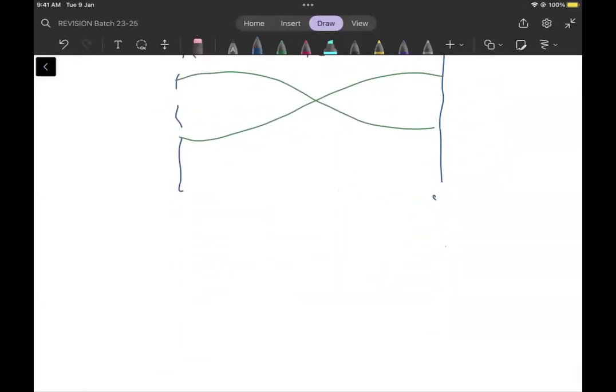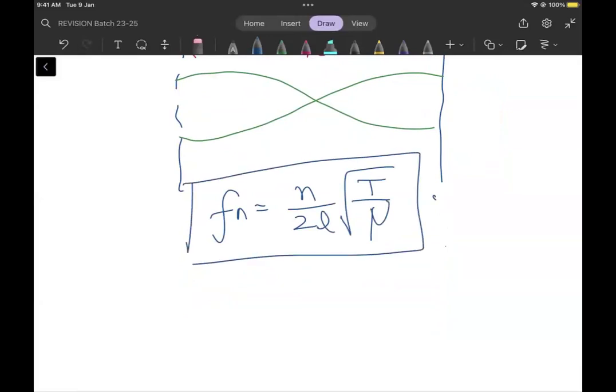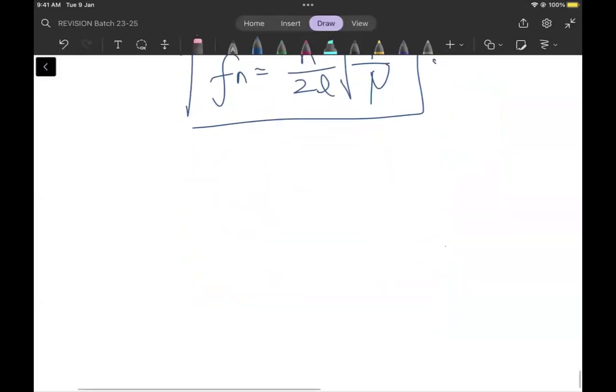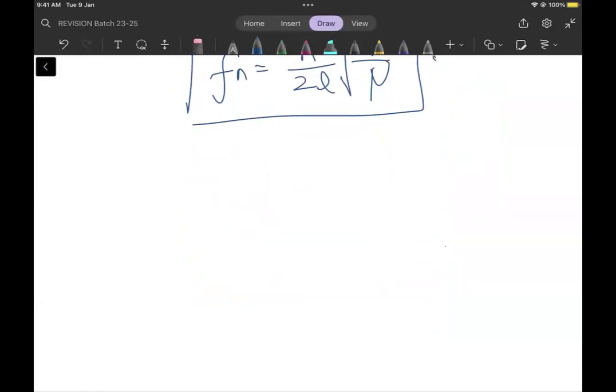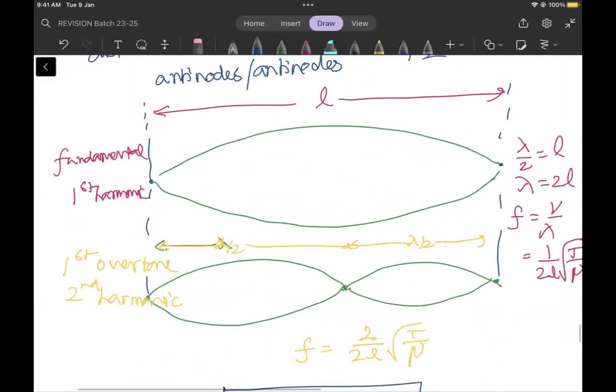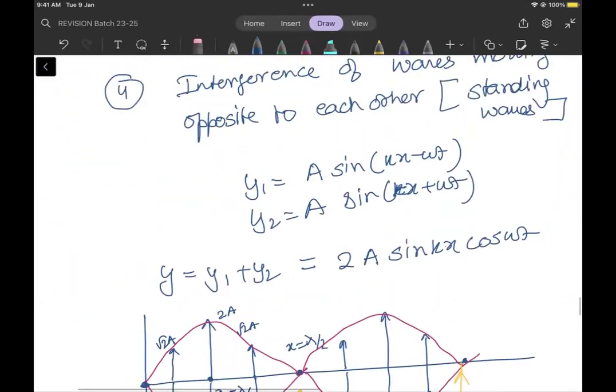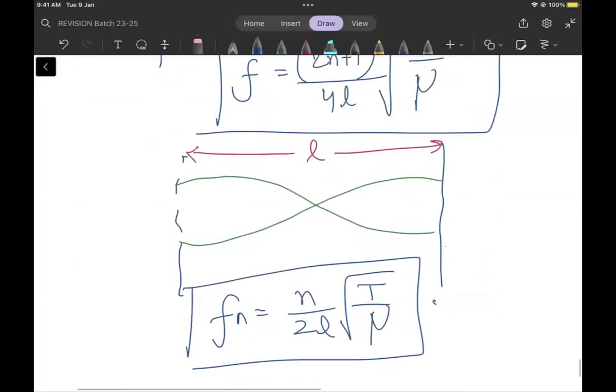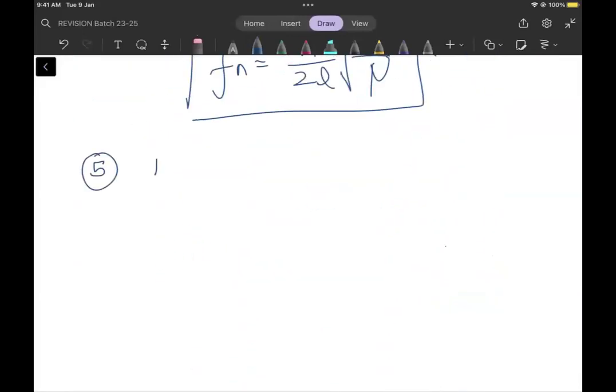In this case also Fn is given by n by 2L root T by mu, right? So this is the second last thing that you must know about waves on a string. इसके आगे you must know, लेट मी सी कौन सा नंबर था ये जो मैंने किया, 4 नंबर। इसके आगे पांचवें नंबर पे we must know about reflection and transmission